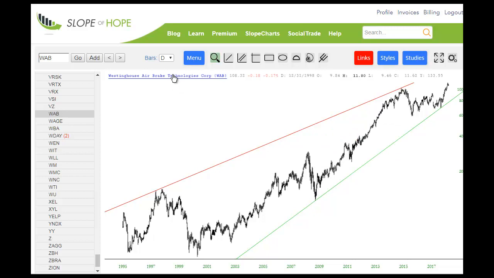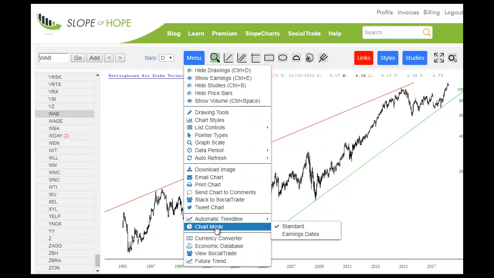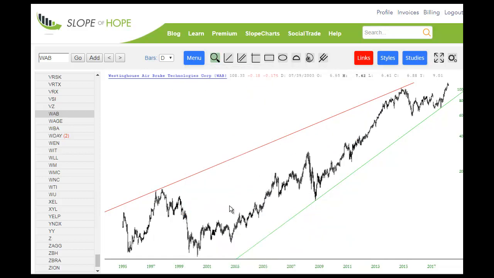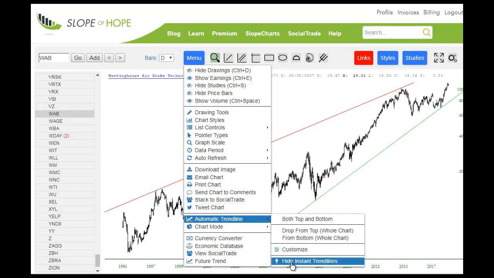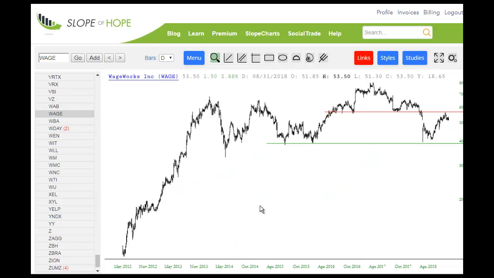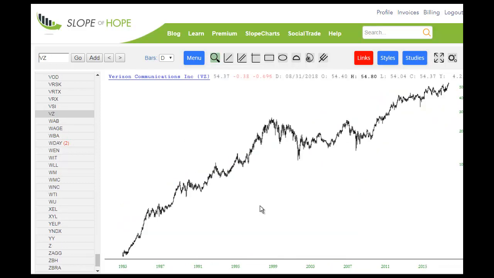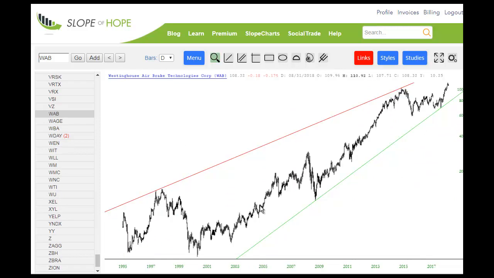And by way of illustration, I'll turn the instant trend lines off. So I go to menu, go to automatic trend line, and I go down to hide instant trend lines. So now you can see as I go through, the purple automatic trend lines are no longer showing, simply the ones that I've made myself, or in this case, preserved